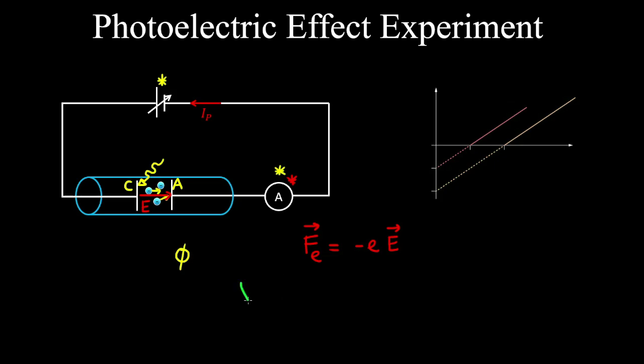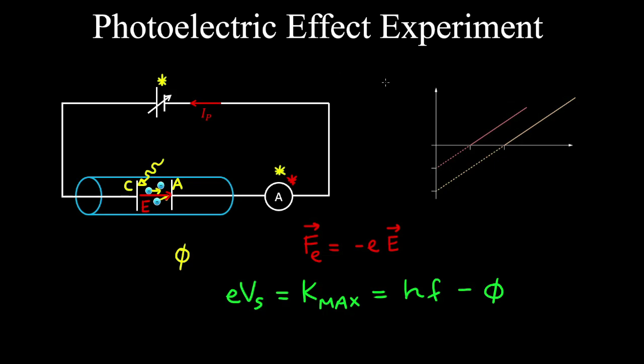At this point the voltage is called the stopping voltage. Therefore the electric potential energy under this condition is the charge times the voltage, and that's equal to the maximum kinetic energy of the electrons. Note that the voltage is adjusted slowly until the electrons with the highest kinetic energy no longer reach this plate. And recall the relationship for the maximum kinetic energy, which is Planck's constant times the frequency of incident light minus the work function.